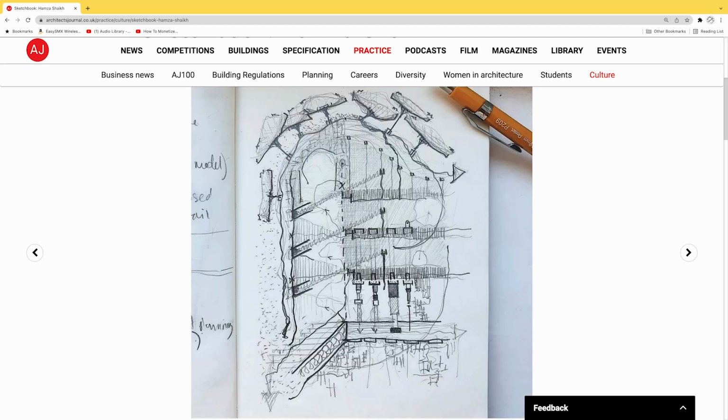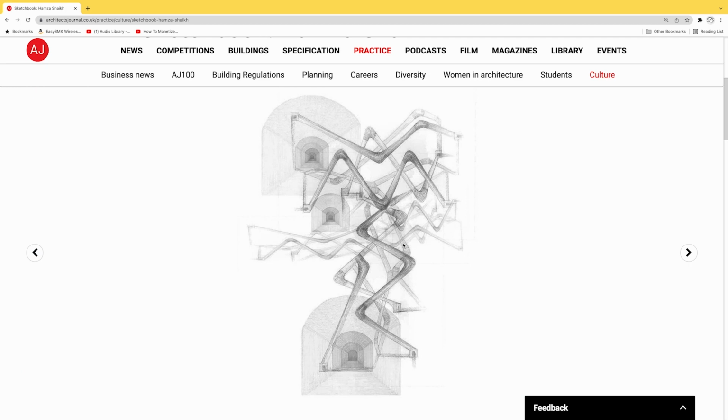This is another drawing, just a quick pencil sketch of some sort of intelligent skin system. This one's more just therapy, because for me therapy is drawing fictional things with an immense level of detail. This was actually, again, I was